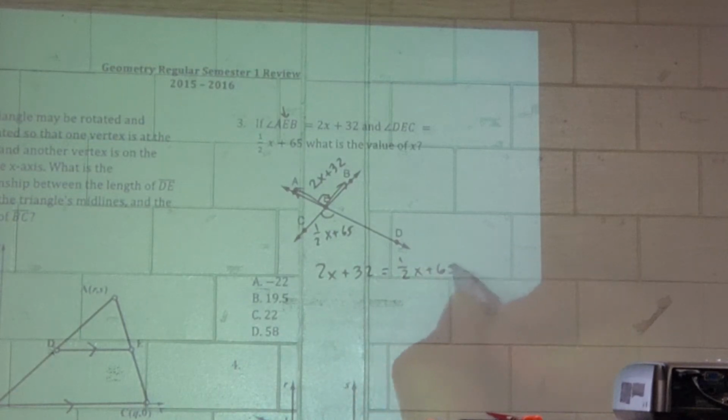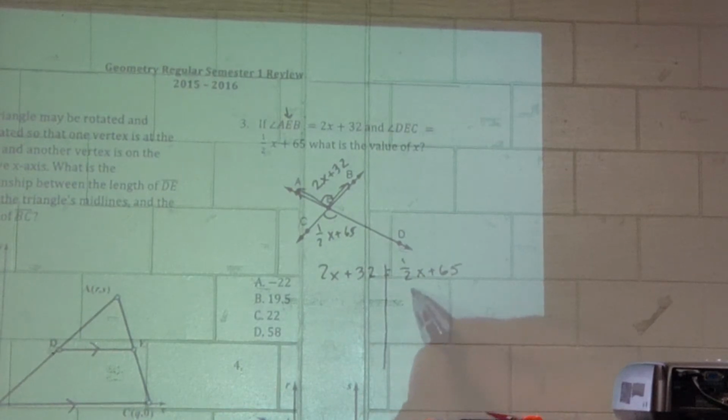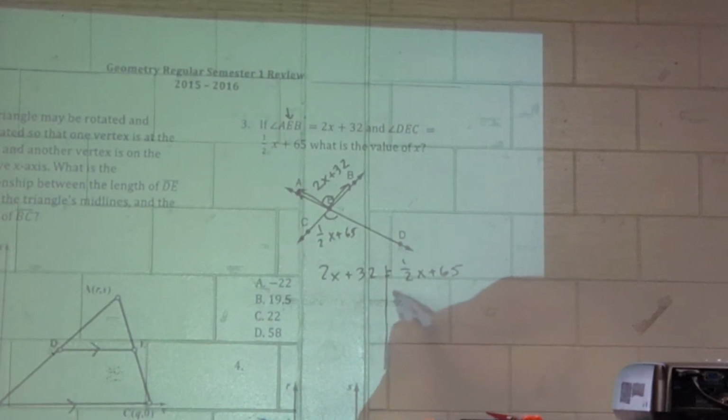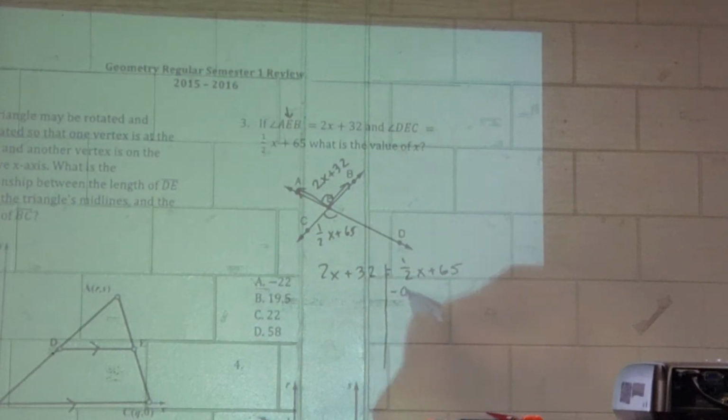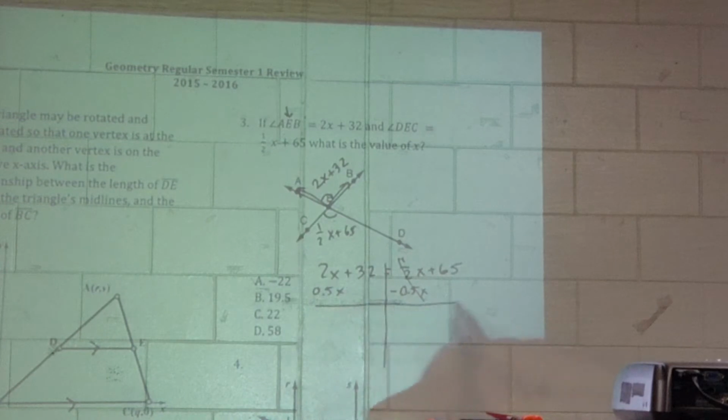And I already see the problem. Which one's the smallest variable? Well, the smallest variable is half of x. And that's going to be weird, but I'm going to do a quick change right now. In my calculator, if I do 1 divided by 2, I'd get 0.5. So I'm going to subtract 0.5x instead. And then 1/2 x and 0.5x are going to cancel. And that makes it easier over here. 2x minus 0.5x is